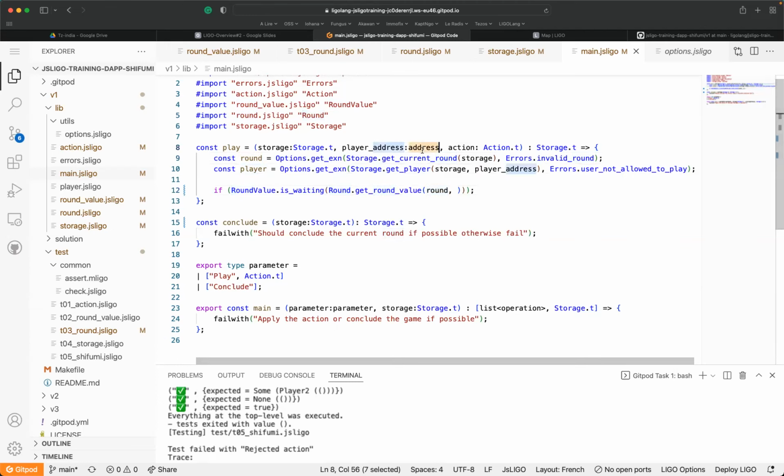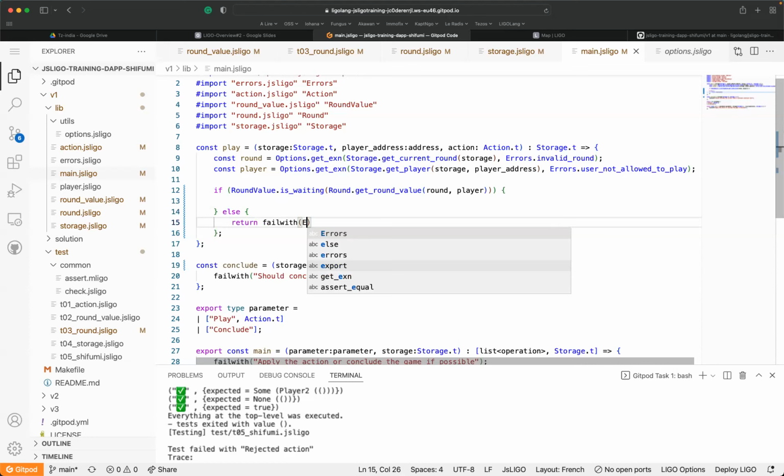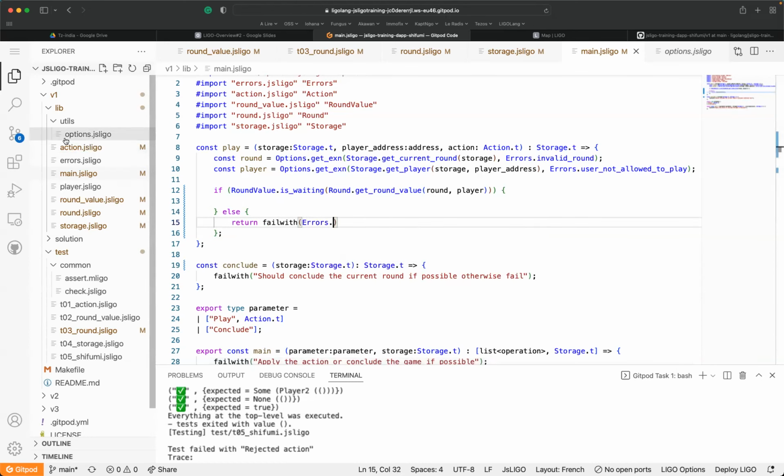So if this player is in waiting, it can play. Otherwise, we are going to fail. So we can do a return, fail with, and the message comes from the errors, so we can go through errors and see which message we are going to send. User is not allowed to play, so we're going to use this message.